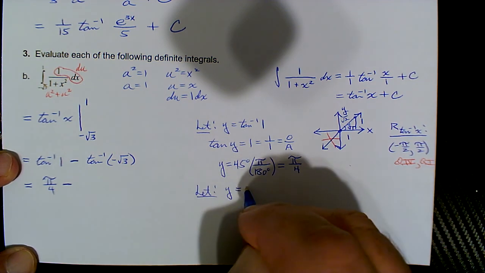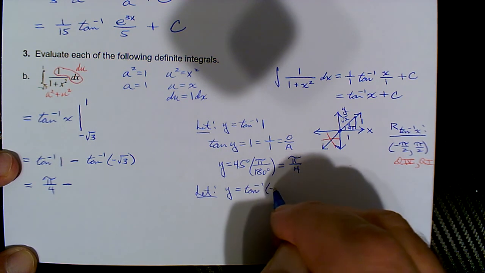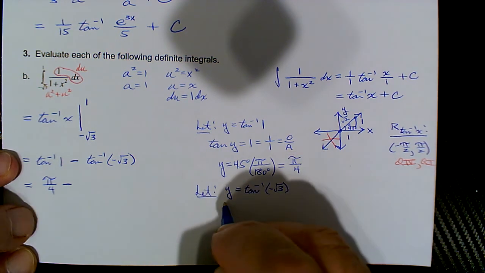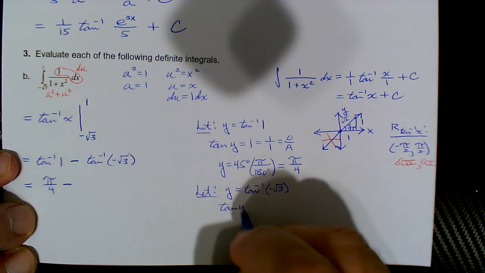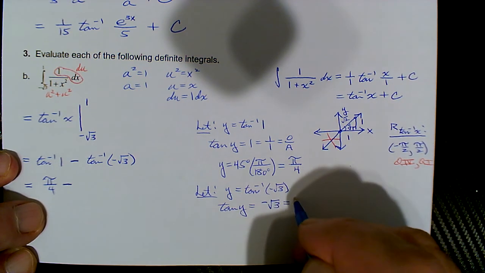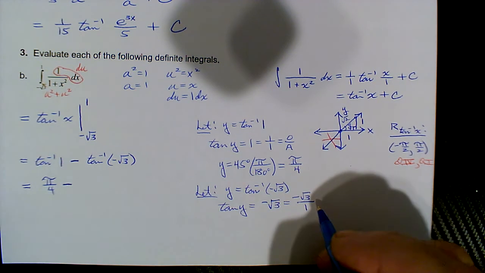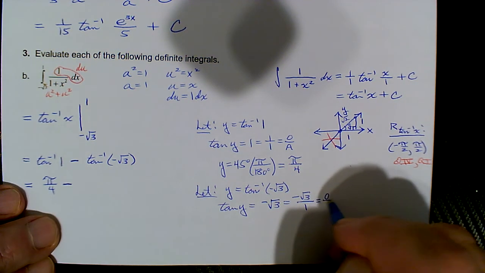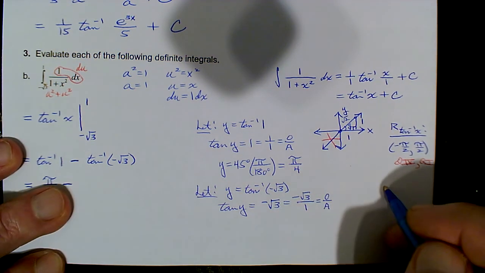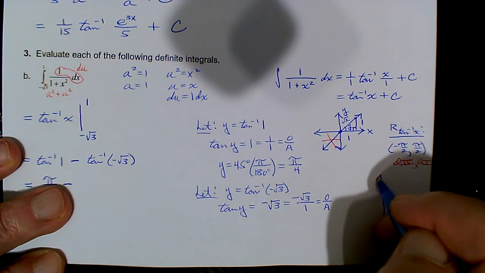Let y equals inverse tangent of negative square root of 3. By definition, tangent of y would be negative radical 3. Again, we'll make that a fraction, negative radical 3 over 1. It represents opposite over adjacent again. Okay, here we could kind of shortcut the argument,